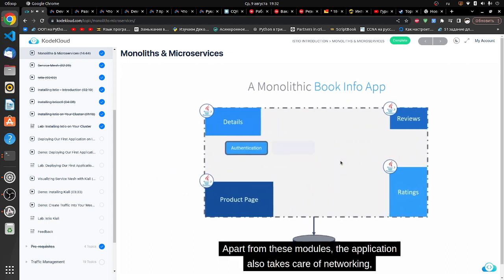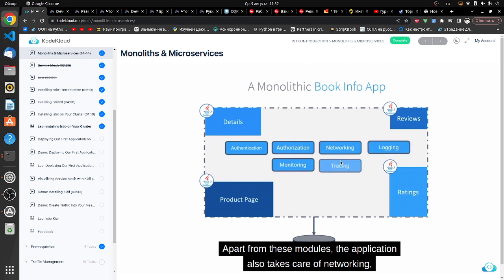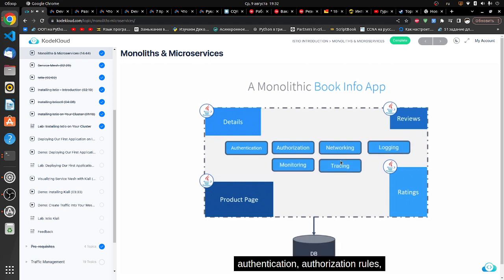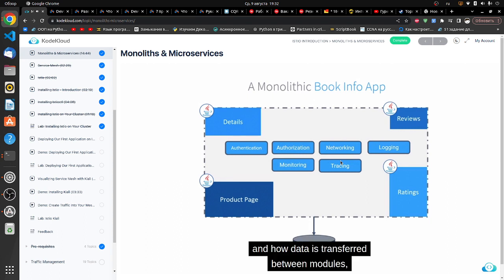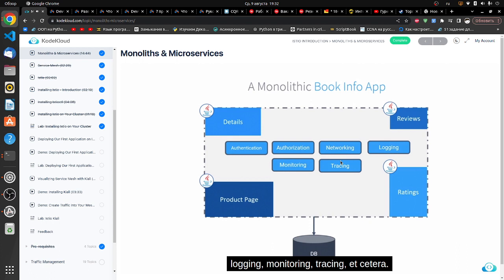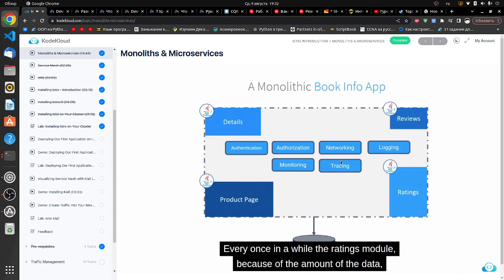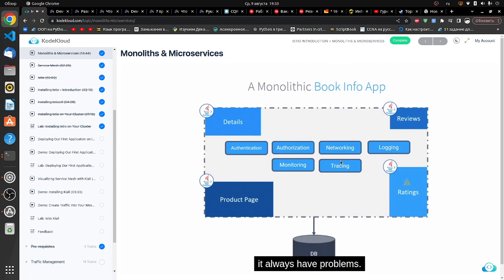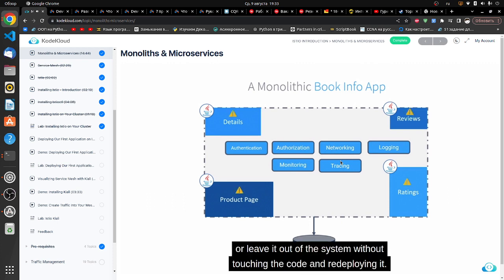Apart from these modules, the application also takes care of networking, authentication, authorization rules, and how data is transferred between modules, logging, monitoring, tracing, etc. Every once in a while, the ratings module, because of the amount of the data it holds, has problems, and this affects the whole system. It is not possible to just scale ratings or leave it out of the system without touching the code and